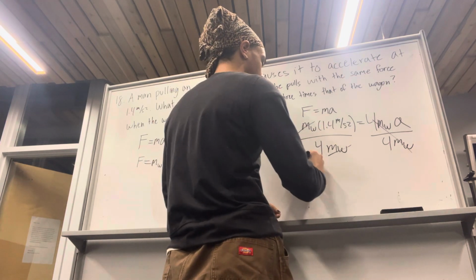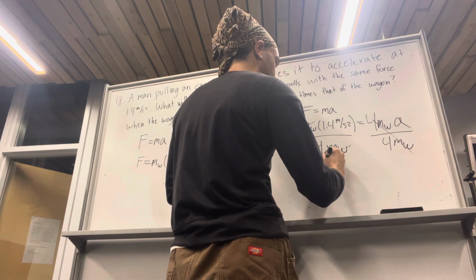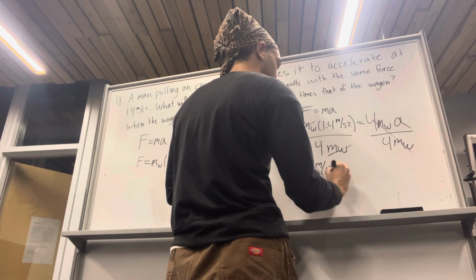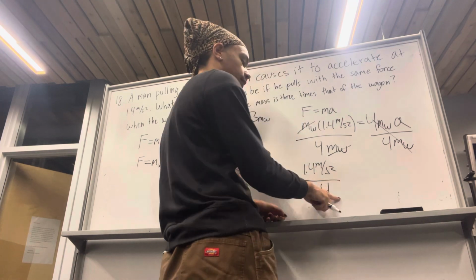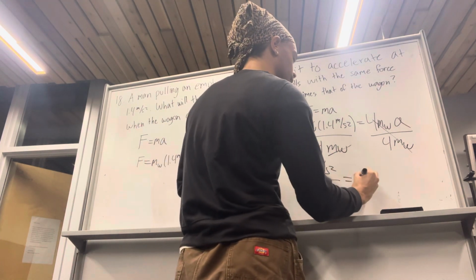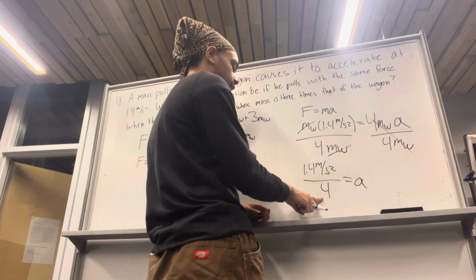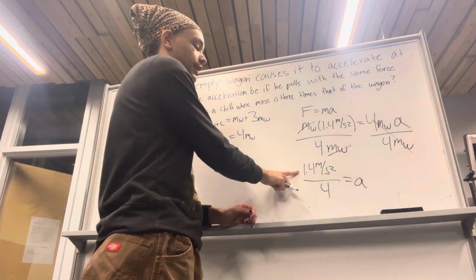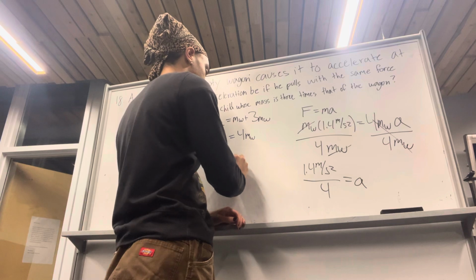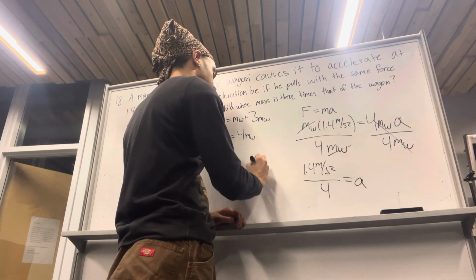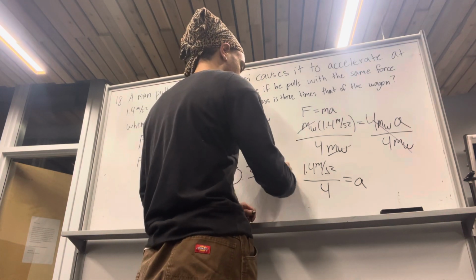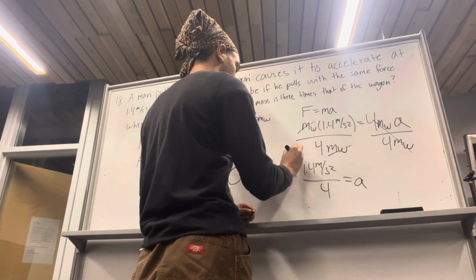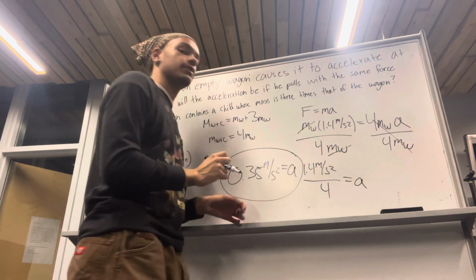And so we get 1.4 meters per second squared over 4 with no units equals acceleration. And because the 4 has no units, our answer will still be meters per second squared. And that answer is 0.35 meters per second squared is the acceleration when the man pulls